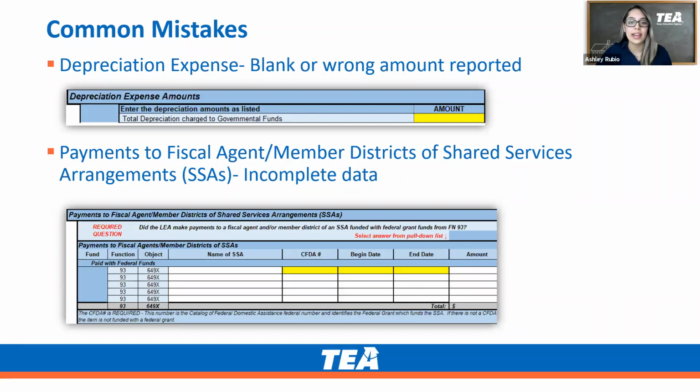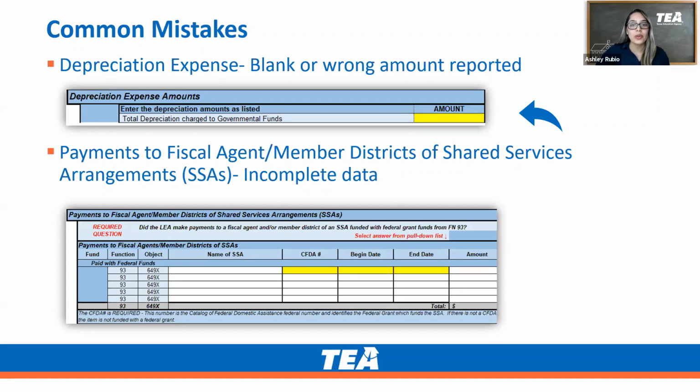Okay, we're going to go ahead and get started back up here. For the next few slides, we will discuss some areas of opportunity to focus on when completing the following sections. I will also be providing you some reminders, a brief description of what needs to belong in these particular sections. Our team has identified that under depreciation expenses, amounts were either left blank or the amount was not completely correct.